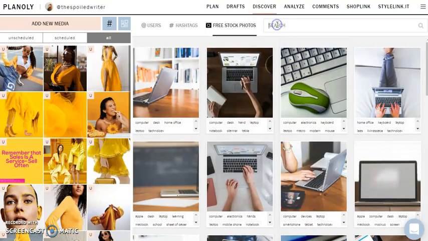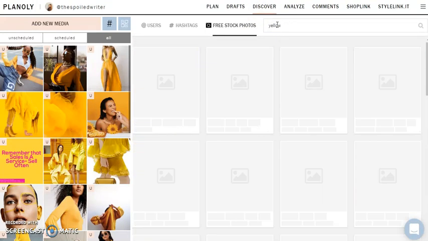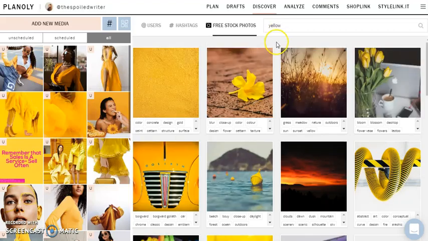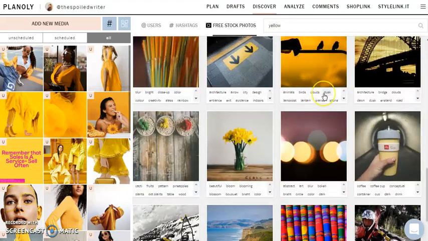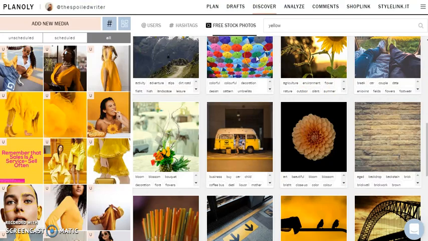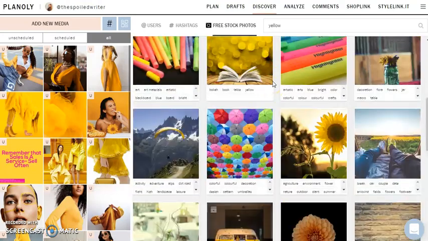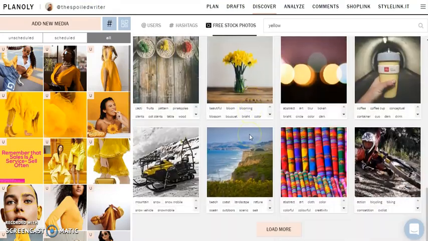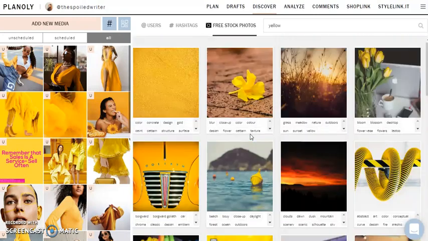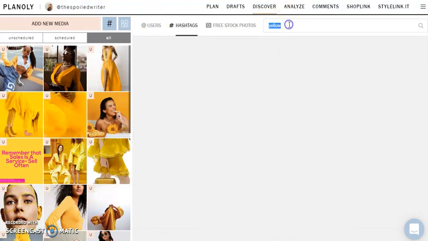You can type in, let's just say my theme is yellow. So I'm going to type in yellow, and boom, it's giving me all types of yellow posts. And I can pick, I like that one, it's very colorful. I actually know what that is, ironically. But, yeah, so it has some free stock photos there loaded up. You can search using hashtags. So if I want to search hashtag Fempreneur,